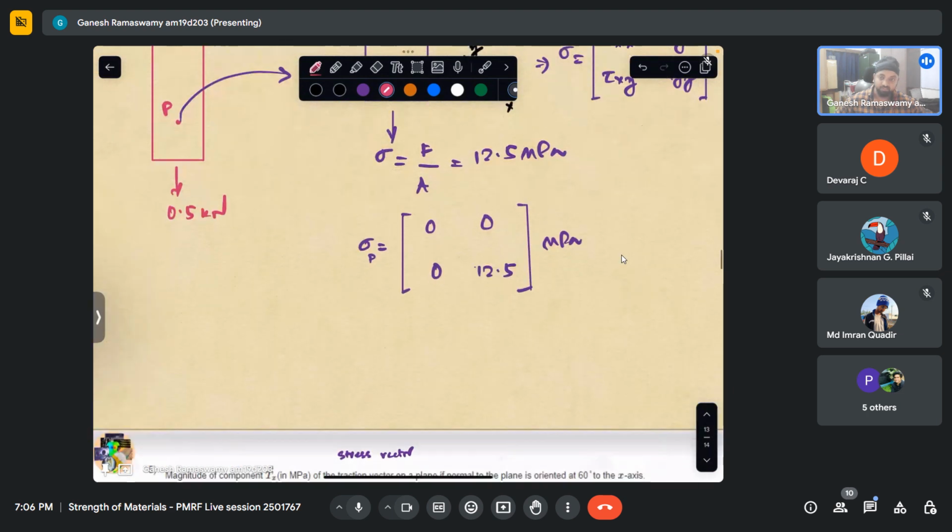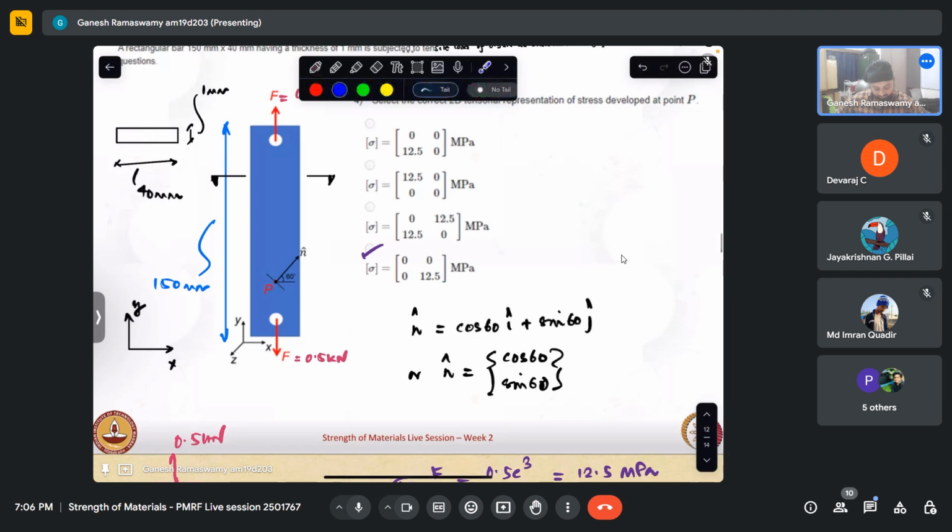So what we are basically doing is, in a body, we took one point, and at that point we first wrote the stress tensor. Once we have written the stress tensor, by our previous discussion, we have captured all the traction vectors at that point along the infinite planes there are. So once we have done that, we have defined one plane which has a normal n, which is making an angle 60 degree with the x, and we are going about analyzing that plane. On that plane, what is the stress vector? What are the components of the stress vector? What is the normal stress? What is the shear stress? This is what we have seen so far. I hope that is clear.